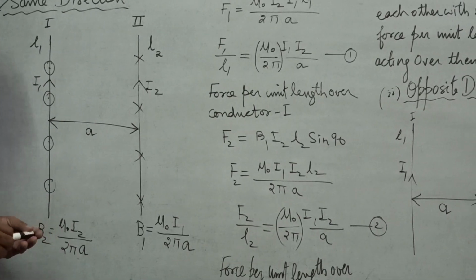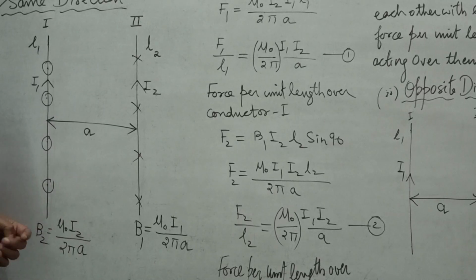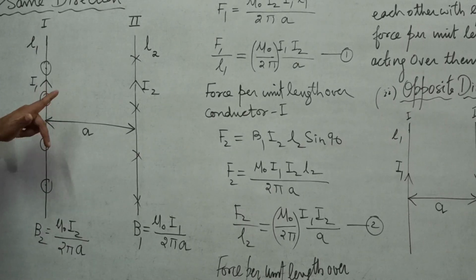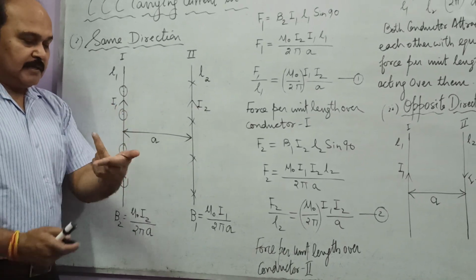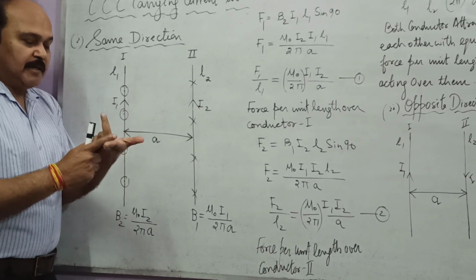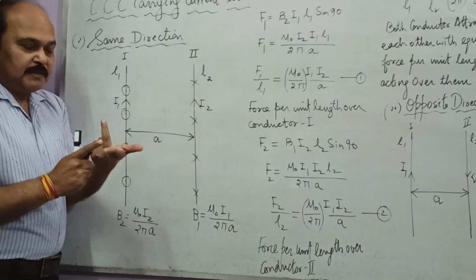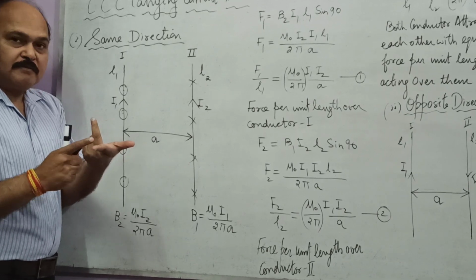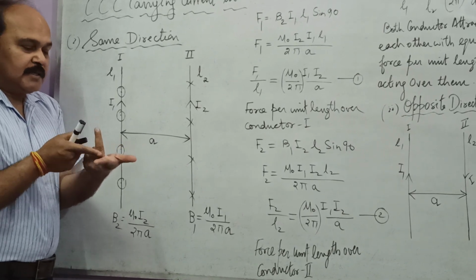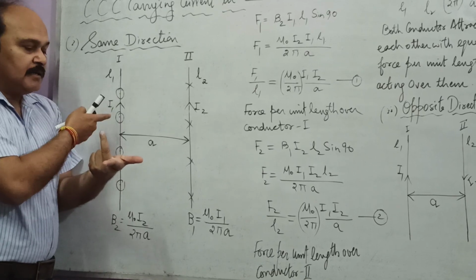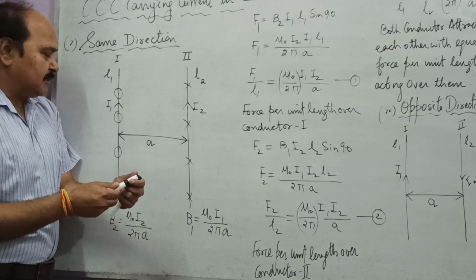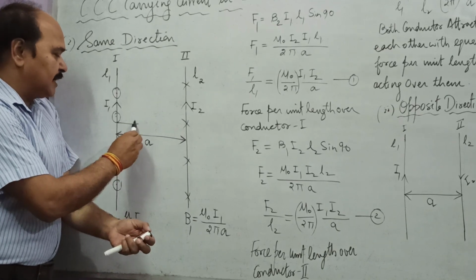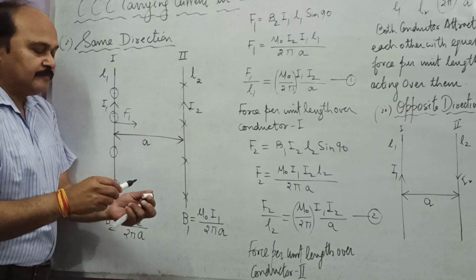Now let us work out the direction of force. See, magnetic field here is where? In the outward direction. And where is current? Current is like this. This is magnetic field, this is Fleming's left hand rule. This is magnetic field out, perpendicular outward. This is current, and where is thumb pointing? Towards right. That means force over this conductor number 1 would be towards right, and that is F1.